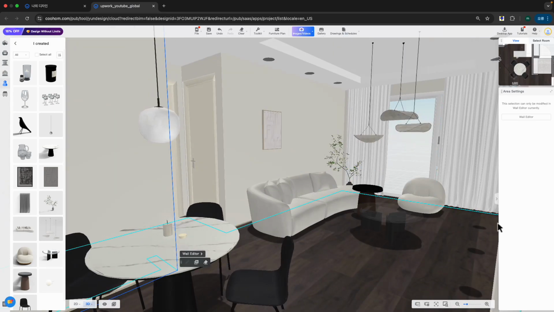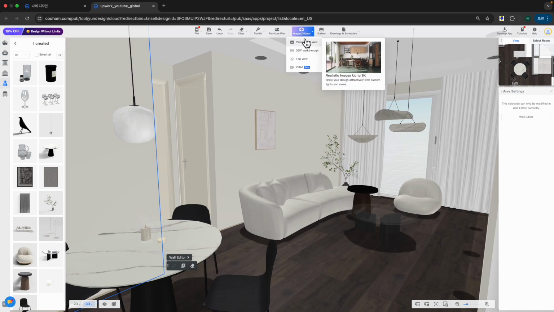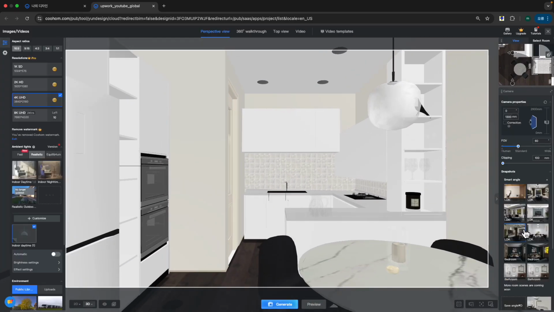Once you have completed all the arrangements in the 3D modeling software, let's proceed to the rendering stage. Please click on the Image/Video tab located at the top of the screen, and then select the Perspective View option, which is found at the very top. I usually shoot in 4K resolution, and I prefer to set the aspect ratio to 16:9 for a better viewing